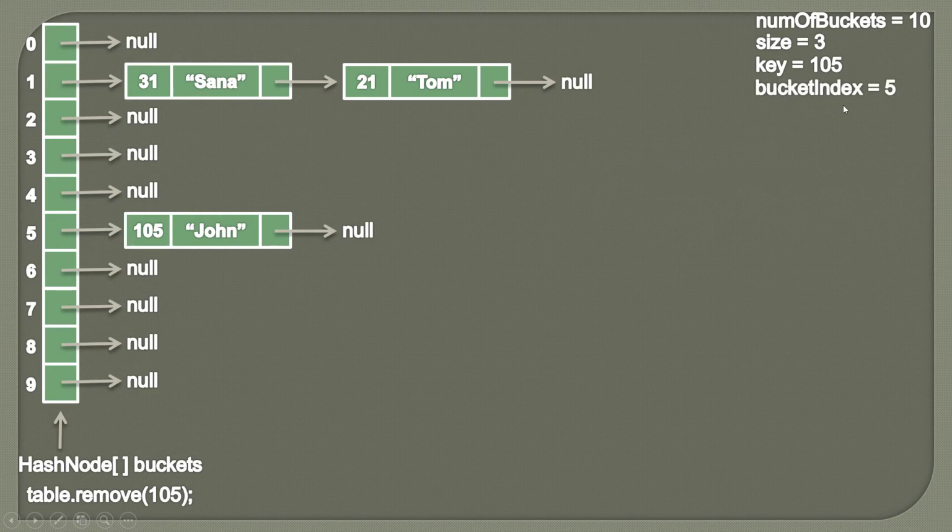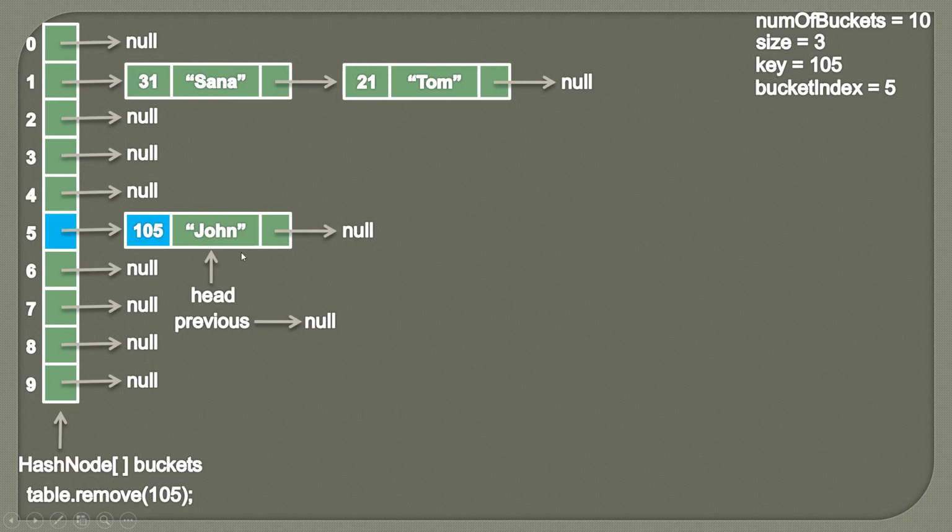We simply access the hash node at bucket index 5. So this will be our head. As head is pointing to the first node, at the start we assign a null value to our previous node. This previous will simply track the previous node to our head. We will see why it is needed later in this video. Currently previous is pointing to null. Now using the head, we will simply search for our key, which we already discussed in our previous videos. So we do head.key, which is 105, and compare it with our key.